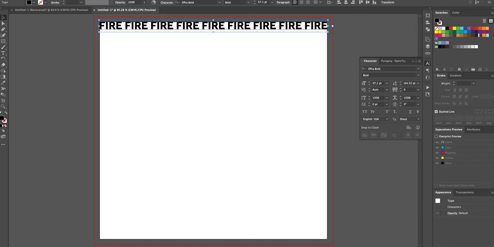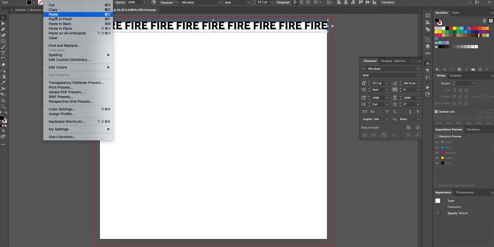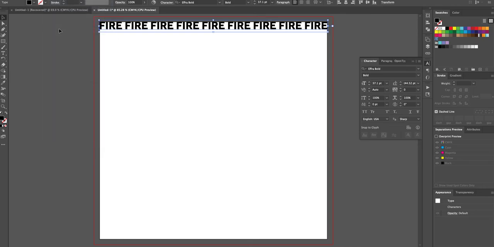And then what I do with my second line, you can select the line with your selection tool, do edit, copy, and you can do paste in front, paste in back, paste in place. I like to do paste in place because it's going to be right on top of this one, and all I have to do is just scroll down. So I'm going to do paste in place,